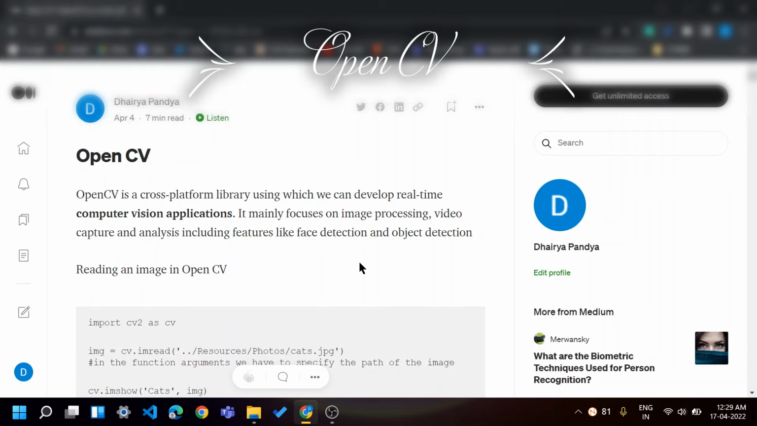Today, I, Dharya Pandya of CE Department, T1 Batch, am going to explain the open source Python library, which is OpenCV. OpenCV stands for open source, that's why the name is open, and CV stands for computer vision. OpenCV was designed with a strong focus on real-time applications used in machine learning, computer vision,